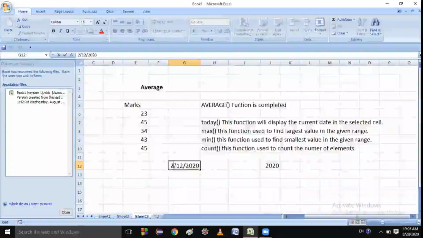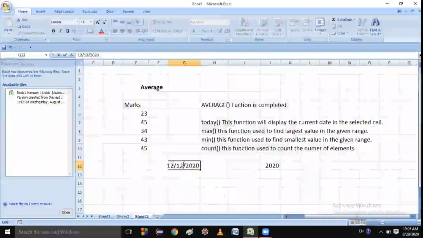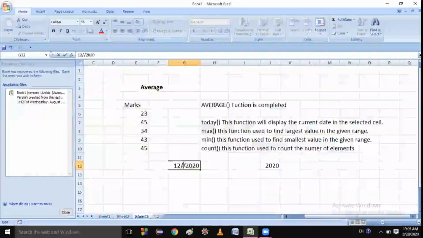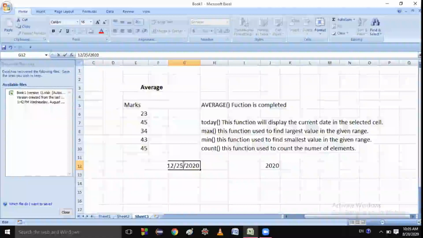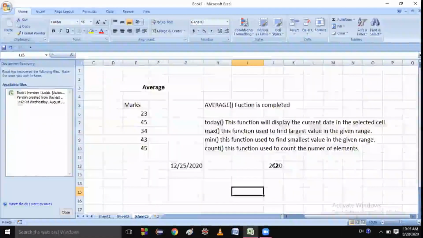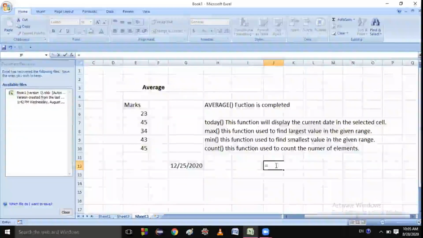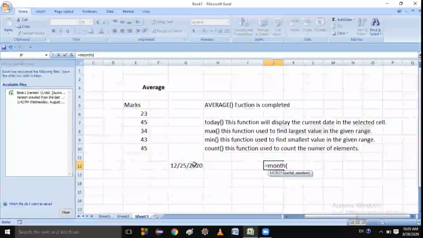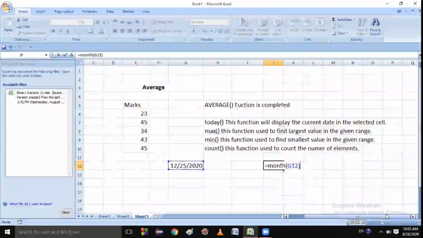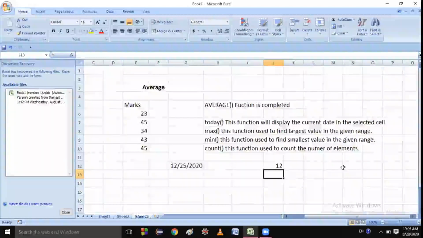Yes, sir. Okay, so if I write this is the month, this is the date, suppose the date is 25. So if I say equal to MONTH and select this particular cell G12 and press enter, you got 12.